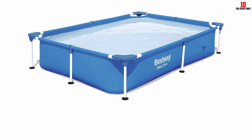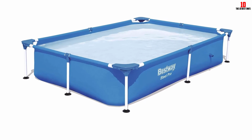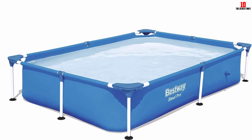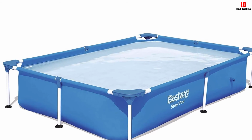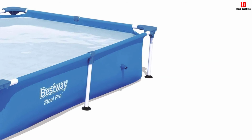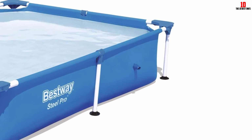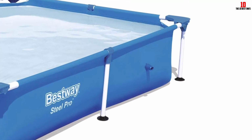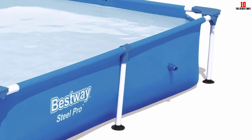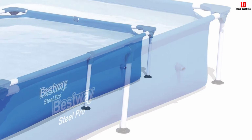You won't require any tools to get this pool erected, and you won't need to set aside the whole day either. Everything you need to get started is included in the box. The walls of this pool are triple layered as is standard on all the best above-ground pools. As long as you treat the pool with care, you should get a lengthy lifespan from the Bestway. The frame is super solid and made from the corrosion-resistant steel you'd expect. This ensures you get the strength and rigidity you need along with the protection against the moisture that would otherwise